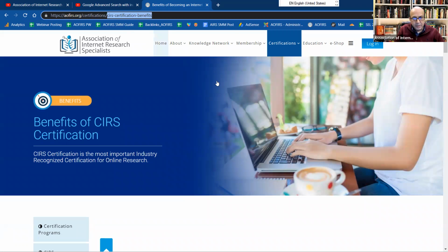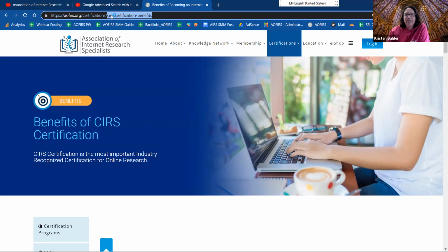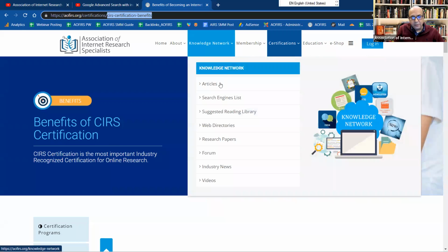Right? So this is the name of the page. These directories, or whatever is after the backslash, tell you where it's coming from, what the origin is. The origin is the AFIRS directory. So you can see how this information is set. Same way, if I'm looking for articles,